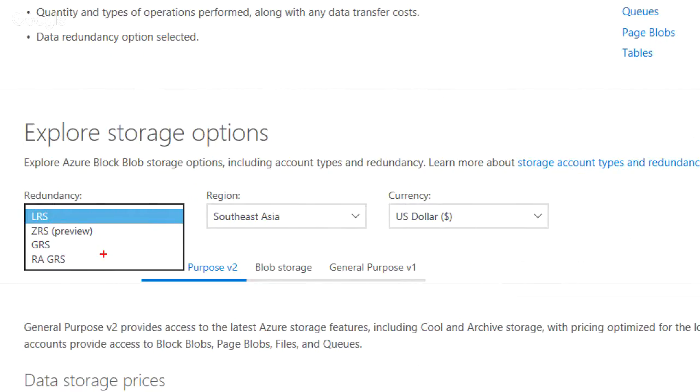If you go for GRS, which is a little bit more expensive, that means if your file is spoiled in Southeast Asia, they send copies to a different data center worldwide in Azure. For example, if you have a copy in Southeast Asia, it sends another copy to maybe the one in Hong Kong or Japan. If anything goes wrong with the local version in the Singapore or Southeast Asia data center, there is still a copy in Hong Kong or Japan. That's what we mean by geographical redundancy. I'm not sure about ZRS as it's the new one; I'm going to read more about it and share with you in the future.